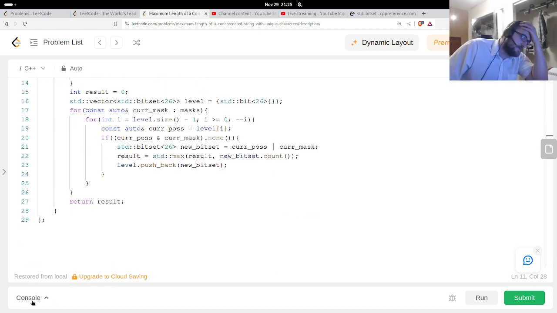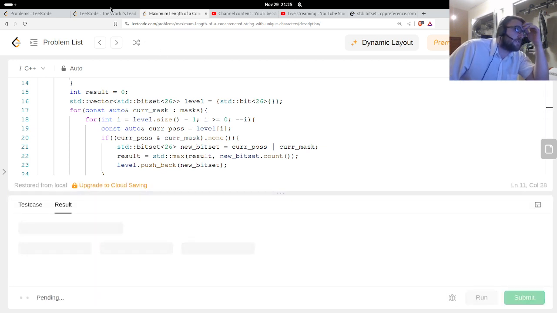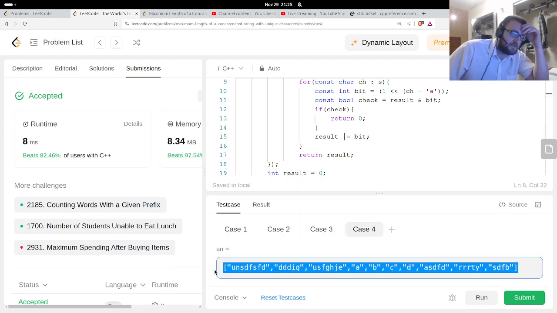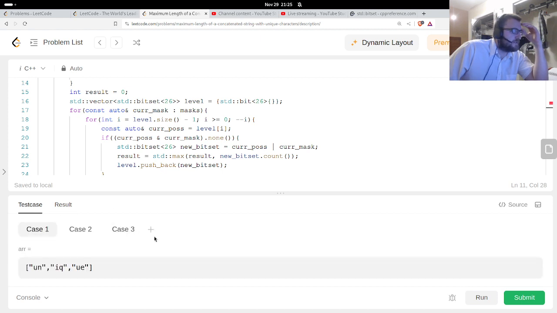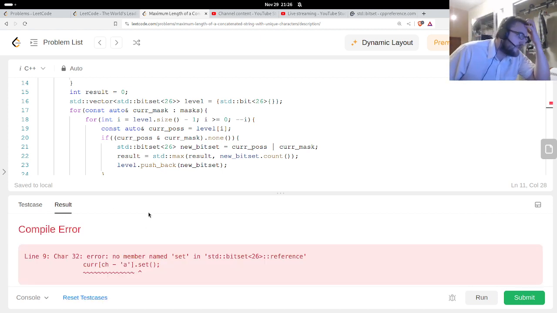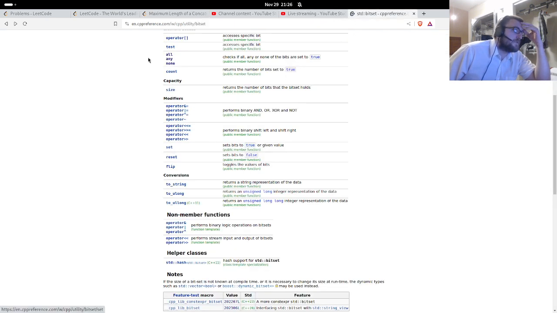Something like this. Let me try this one. Keep losing my test cases, man. File error, of course. What was the file error? Set. Oh. Set.